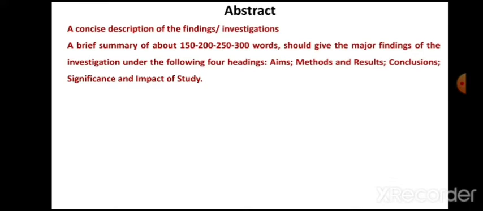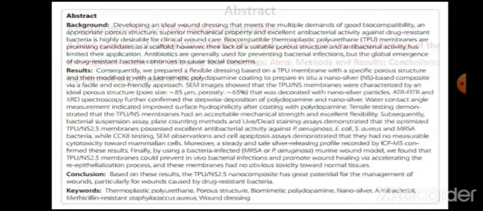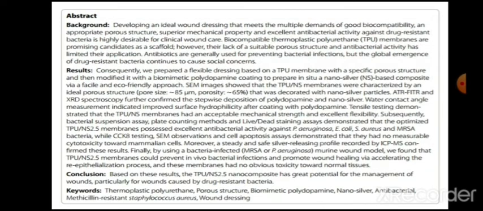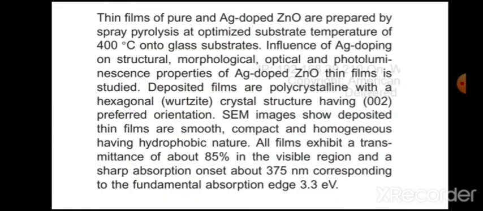So your abstract can be written in segmented format. This is the segmented format, or you can write your abstract in a continuous manner. This is the segmented one. This example I have already shown you in my first lecture. You can see the background, result and conclusion written. So you can follow the same guideline from any research paper. It is not different. Writing an abstract in a project report and writing an abstract in a research paper is the same.